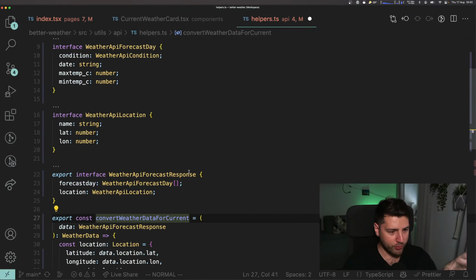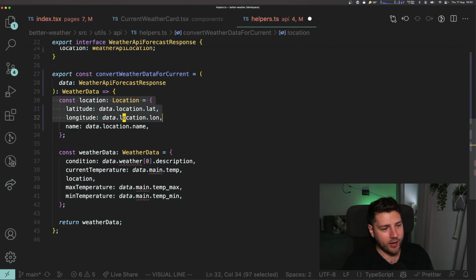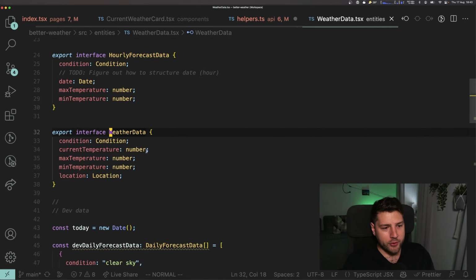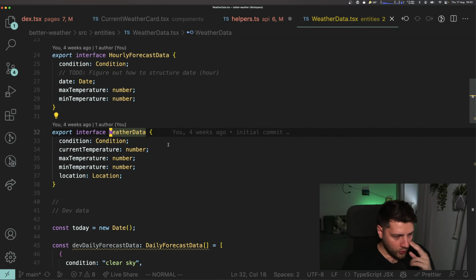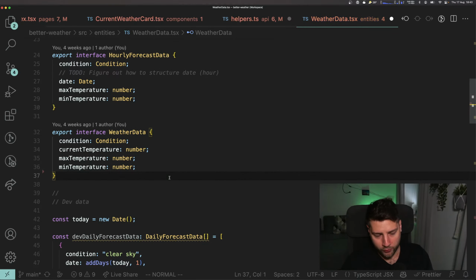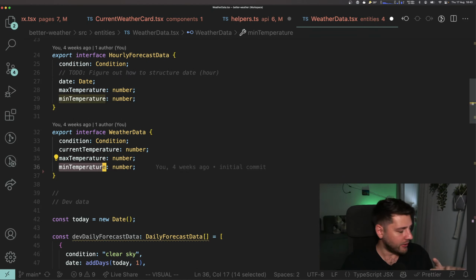So we're going to get this response. We're not going to care about the location just now. I'm just going to comment it out because I'm going to need this in just a second. Our weather data is no longer going to have a location, so I'm just going to remove this. It's going to have a condition. It's going to have a current temperature, a max temperature, and a min temperature. We're really concerned with